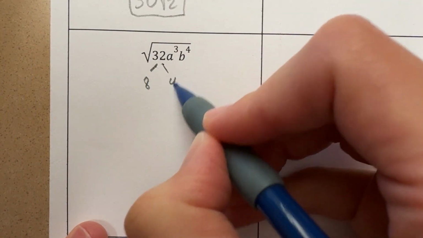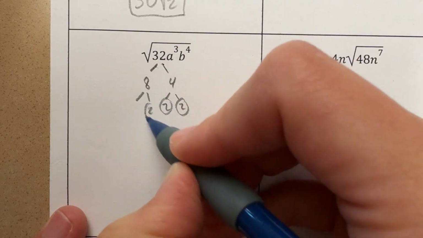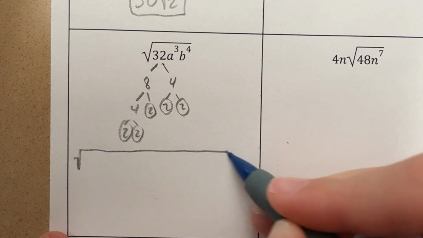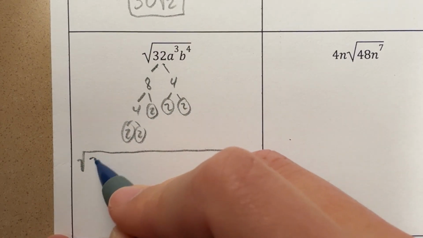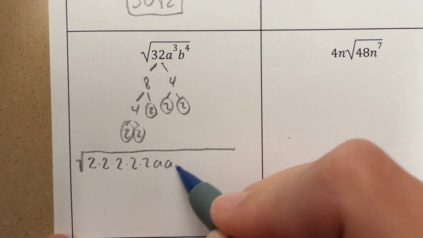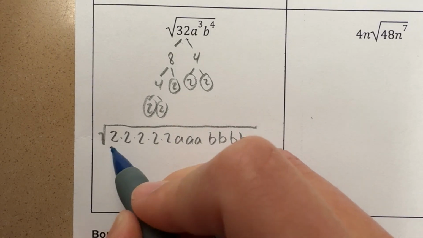32. And I start with 8 and 4 here. And I end up with just a bunch of 2's. Okay, so look, it's 5 2s. Look, and I circled, so I'm not going to miss any. And then watch what I'm going to do. I'm going to put the A's and the B's all in the same row. I like to just deal with it all at once because then look, I'm just doing the same thing all